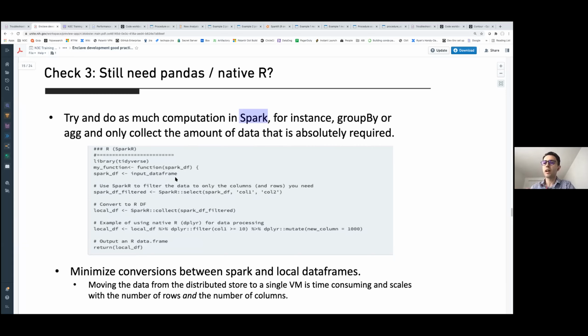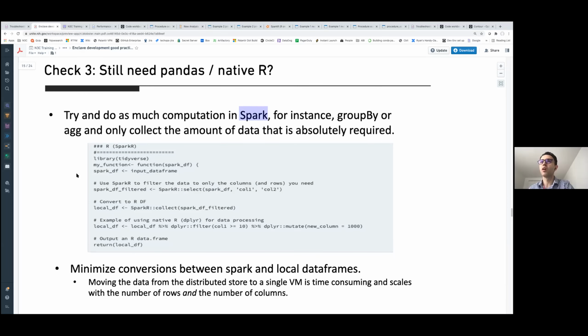And then once you have that reduced data set, you can do a conversion to a regular data frame as you know it, either in Pandas or in R. The keyword here, in this R example, is collect. There's the same thing, the same keyword you can use for Python.